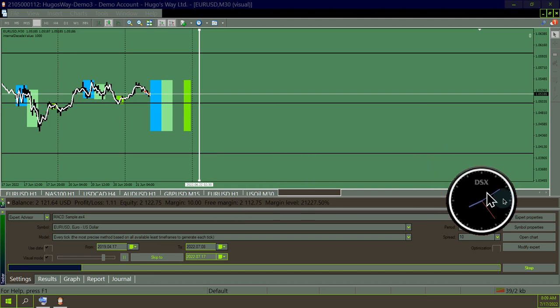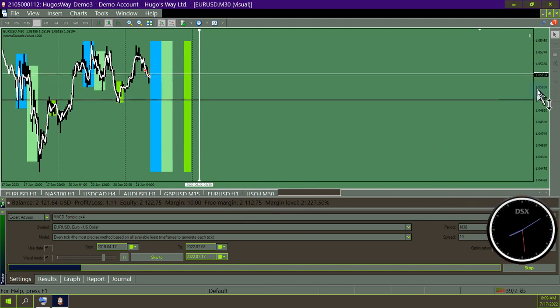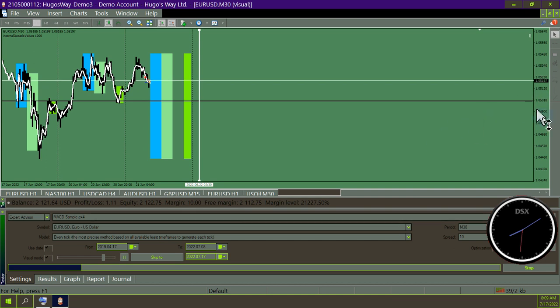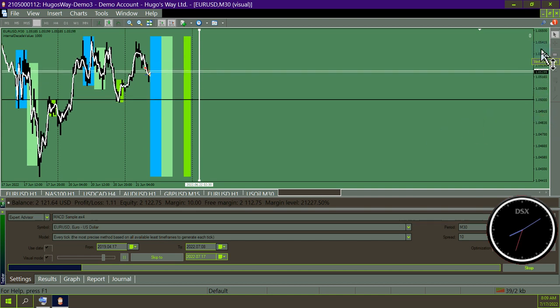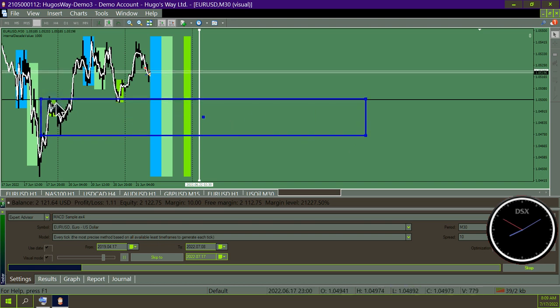So if we try reversals only, I think I'm going to throw some tickets in here. So based on this area, and it's below the U.S. session, you got this cute little top becoming a bottom. In other words, the closing price,